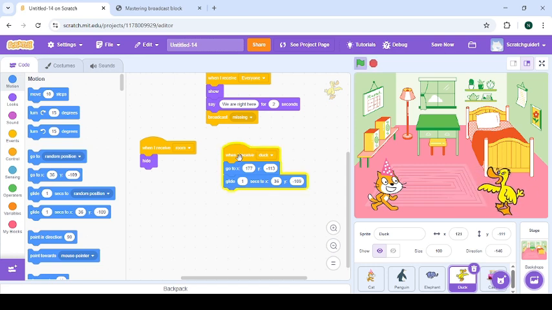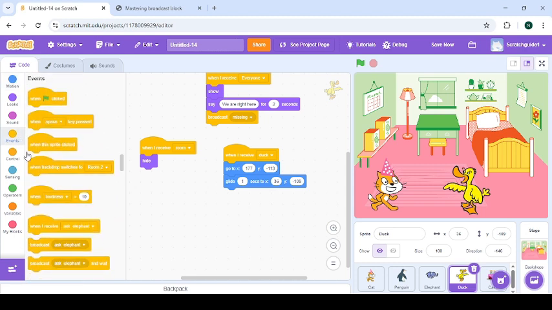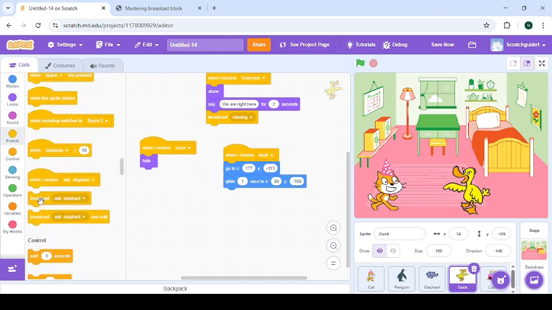Let's see, click on it. Okay, then it's going to pass a message,